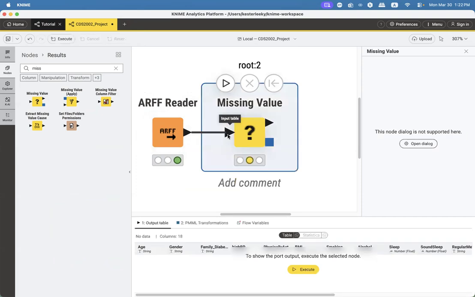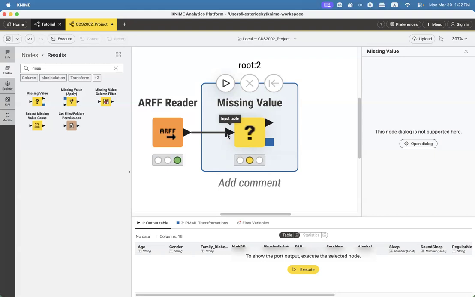This tells the computer to establish a connection between the ARFF reader node and the missing value node. Now, because the missing value receives input from the ARFF reader, it is no longer in the error state, so it becomes the yellow sign.